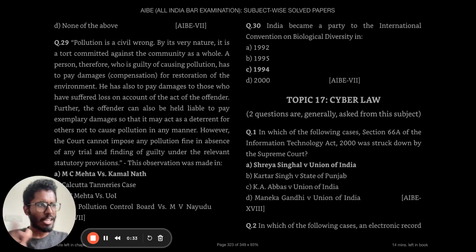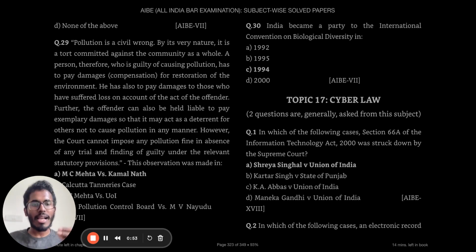For example, it was in Bombay, Maharashtra, where one of the politicians passed away, and Shreya Singhal, who was a law student, quickly took a photo. She commented, asking why there was a public holiday, because it was obstructing her work. People were outraged with her comment, and she went to the Supreme Court.